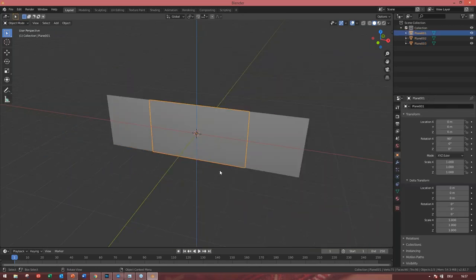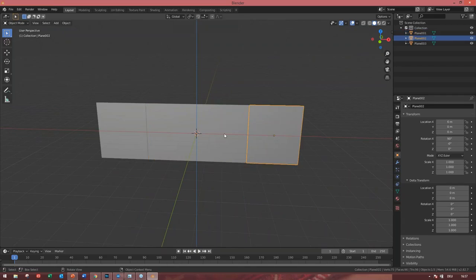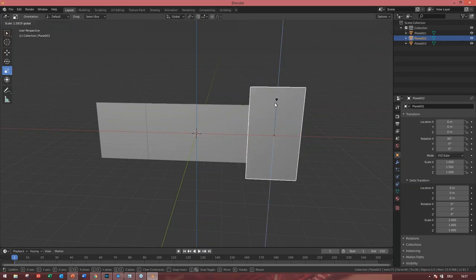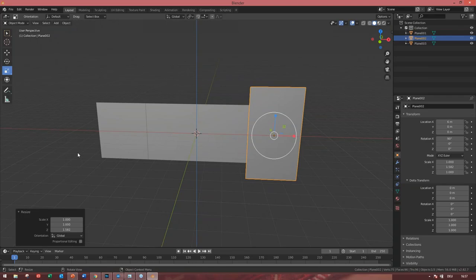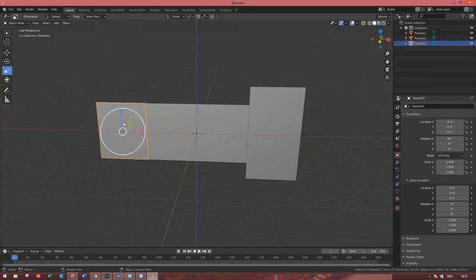So we had 3 planes, and here you got them. If you're in object mode, you can select all of them and scale them up. You can edit them like